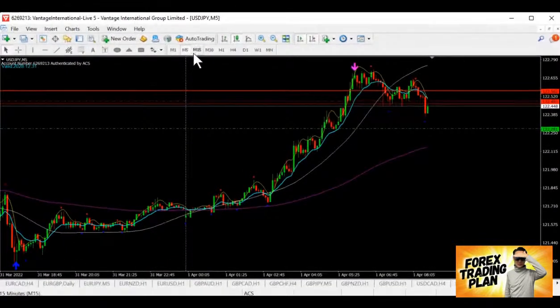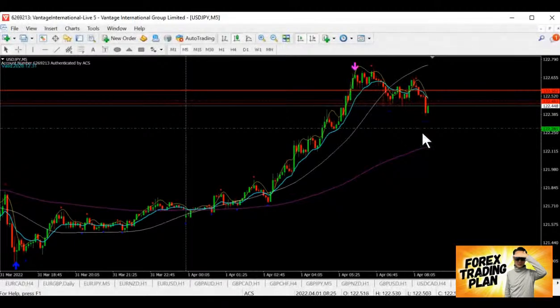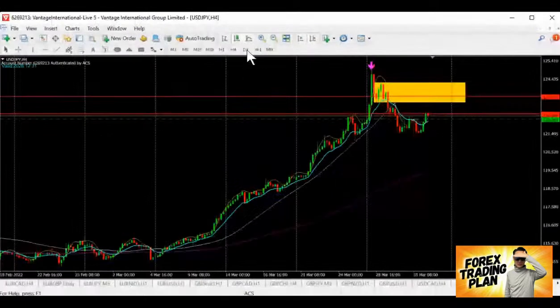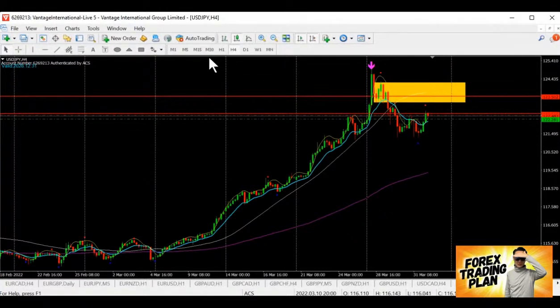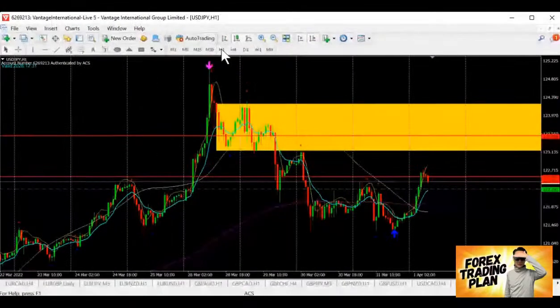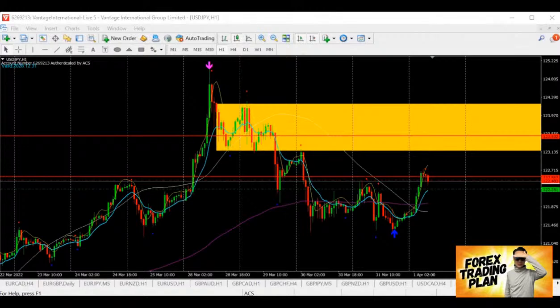So probably we'll start to form this pattern of lower resistance and lower low, lower resistance, lower low, until the targeted 70 pips here. Like this, about here. So I guess it is still good. This one still looks good. All right, so dollar yen, I will put this into my watch list. So now we have all this with us.